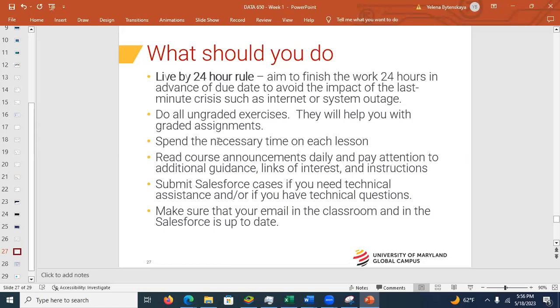You want to spend necessary time on each lesson. You want to keep up with announcements daily, and you want to pay attention to the guidance. But you may already know that you may set up alerts to receive emails when an announcement has been